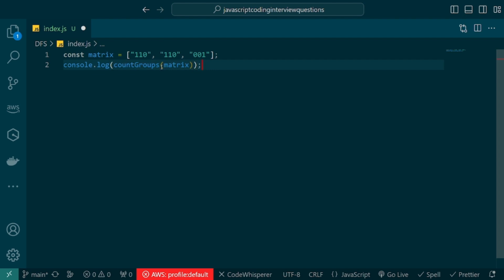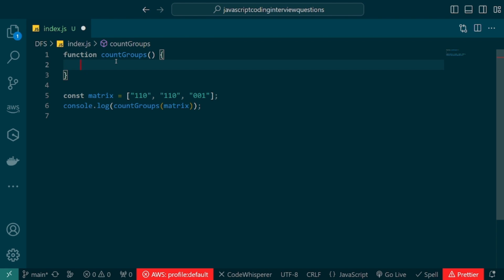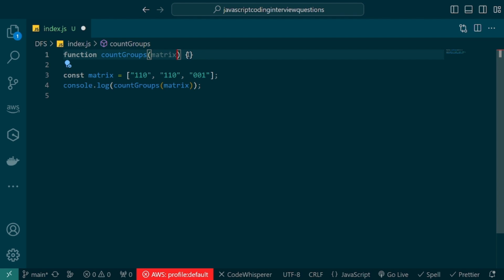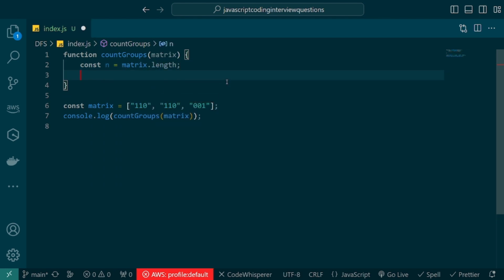Now, step by step, first I want to declare the function. countGroups is equal to a function, and in this function I would like to take a matrix, so I pass in this matrix over here. Then I would like to do const n equal to matrix.length, and a constant visited